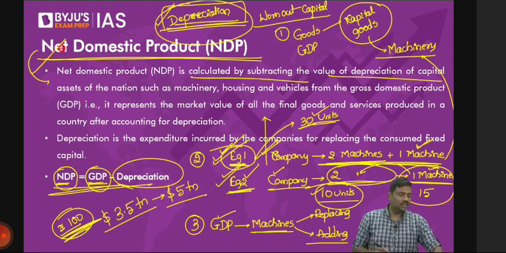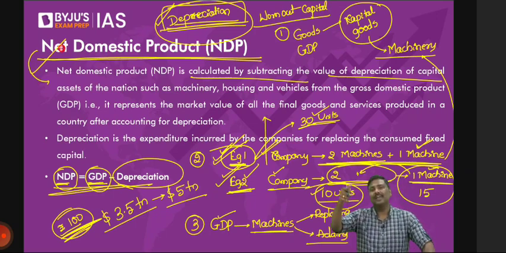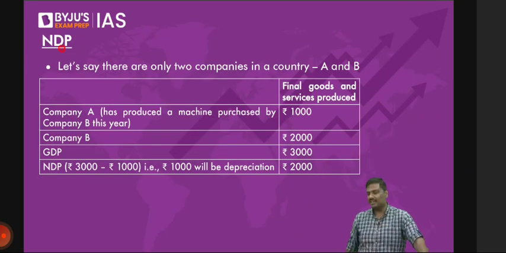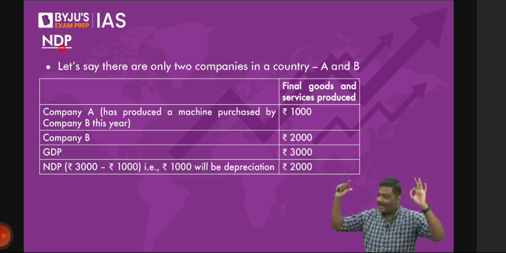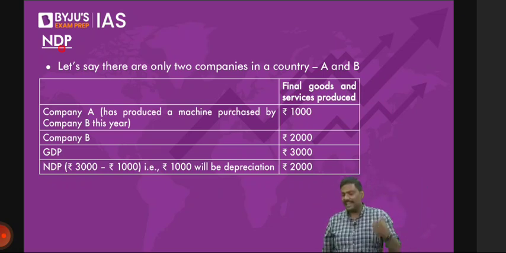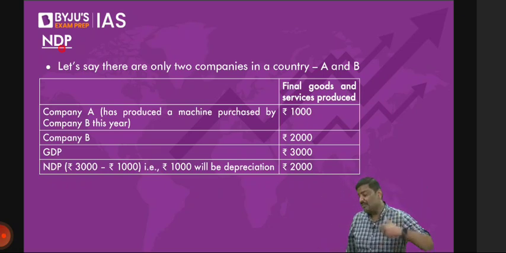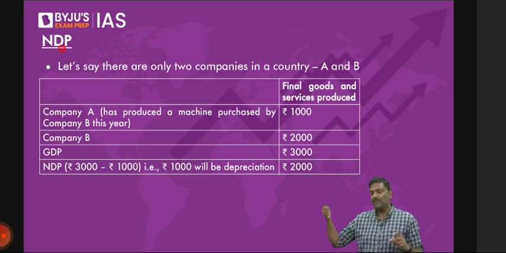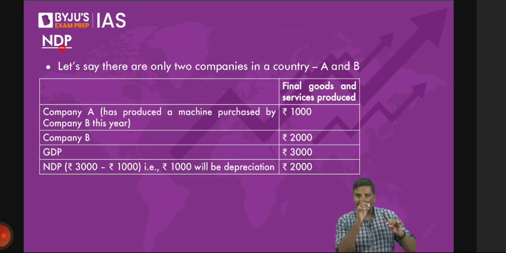Now, let me ask you a question. Between GDP and NDP, which is a better indicator? What I've discussed, I've given the calculation here. Between GDP and NDP, which is better? NDP is better. Can I say NDP gives you quality data? Not GDP. NDP gives you quality data. So that's the reason. Please be very careful. What we are doing is we are moving from the GDP to much better indicators like this. And finally, we have discussed two concepts now.